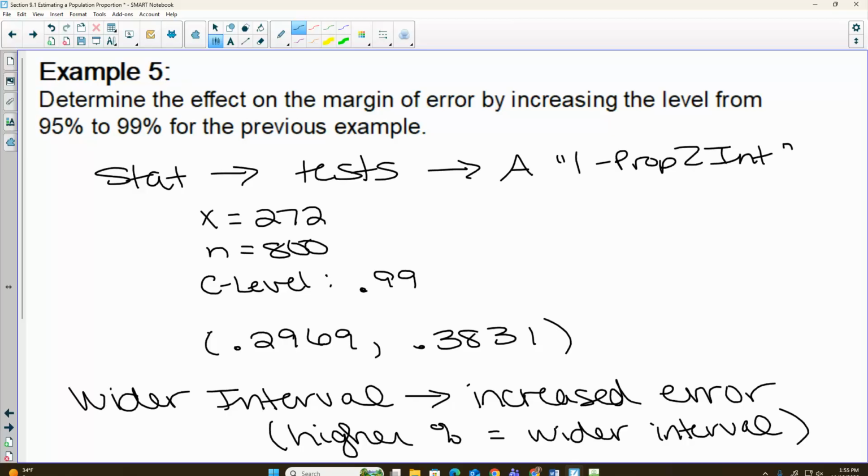If I said a 90% confidence, that just means if I got 100 samples, only 90 of them have to fall in this interval. Versus 99% says if I'm going to get 100 samples, 99 of them have to fall in this interval. So when you raise your percent, you have to have a bigger interval to encompass all of those, because we know all the samples will be a little bit different.